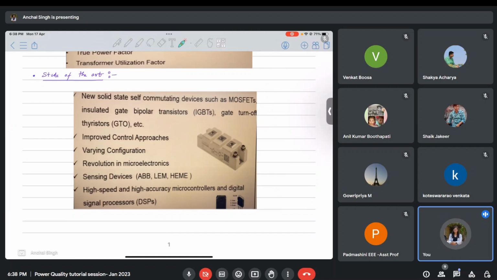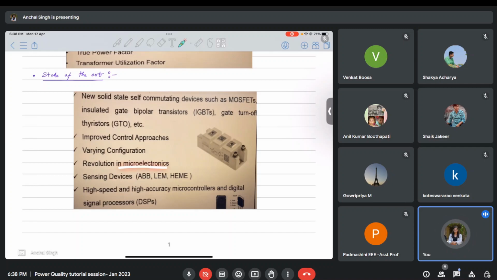Initially, the control algorithms were mostly analog in nature and hardware based, but nowadays, due to advancement in the field of DSPs, that is digital signal processors, we have reached a very high clock frequency. We have reached 200 megahertz clock frequency. Because of all these things, we are able to find new control approaches which are very much better than the past conventional ones. Then there are a lot of hardware topologies available: full bridge, half bridge, full wave. A lot of options are there, so depending on that, we can make a change.